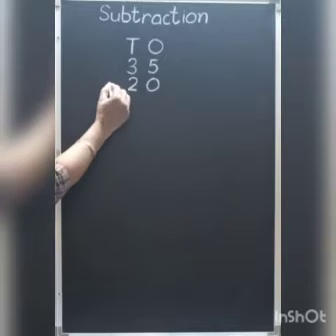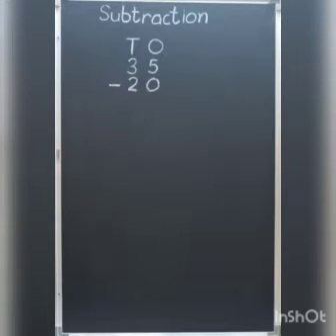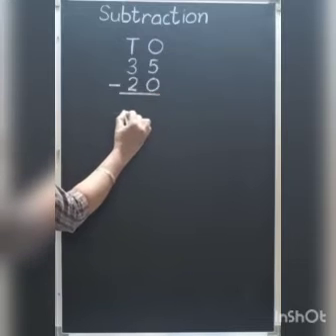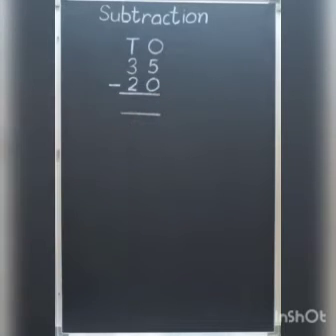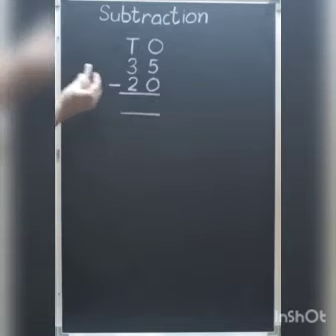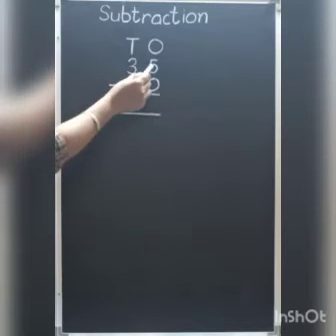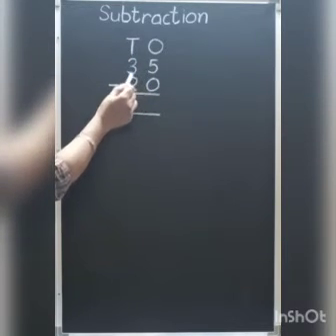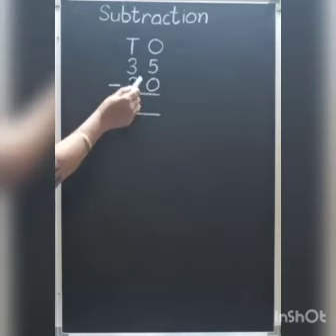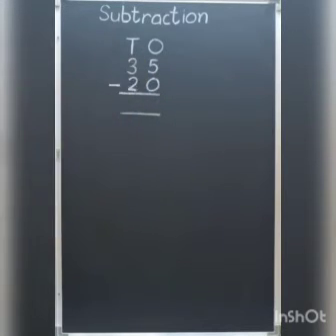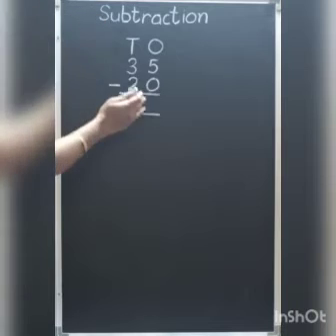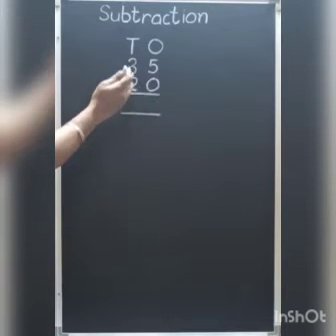So what you will do, you will put a minus sign here. In between the two, we will draw a line, find the answer and write the answer here. Okay. So this is a big problem. Earlier you have solved problems with single digit numbers. Now we have a problem with double digit numbers, that is 35 minus 20 you have to find. So it is a big problem for you. So what you will do, we will break down this big problem into little problems.